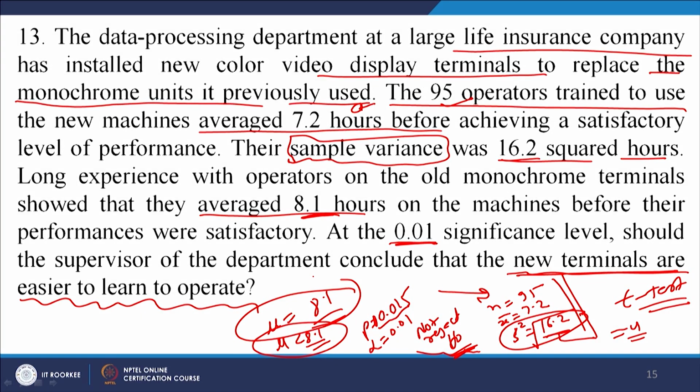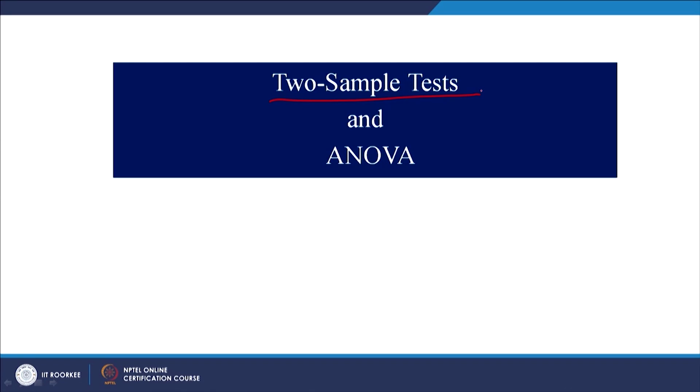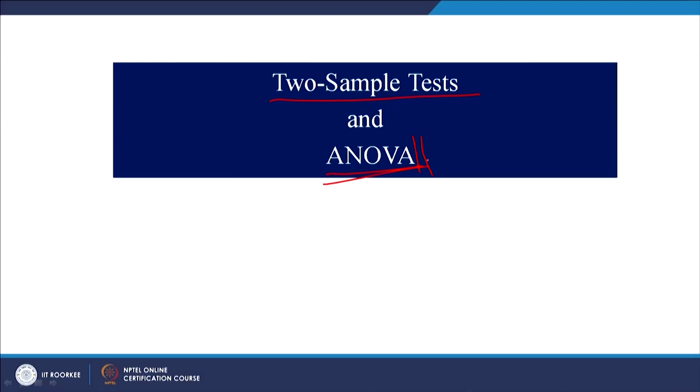So, with this we have finished examples using Minitab on one sample hypothesis testing, and we have worked out several examples. We have worked out almost 15 to 20 examples. Let us move on to our next topic, which is hypothesis testing of two sample tests. So, we will have now two different samples and ANOVA, it is called analysis of variance. In coming lectures, I will be talking to you about analysis of variance.